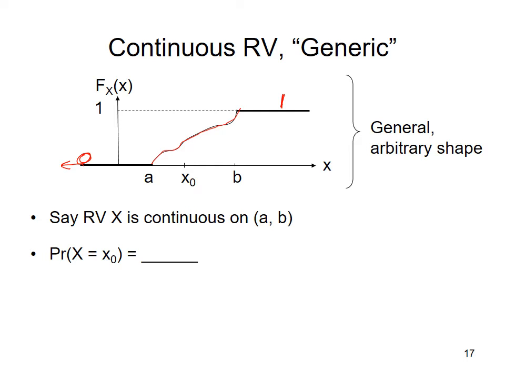If we ask what's the probability that x takes the value x naught, this value right here, notice there is no jump. It's a continuous function there, so the probability of x taking that value is 0. All right? As opposed to an example of a discrete random variable,